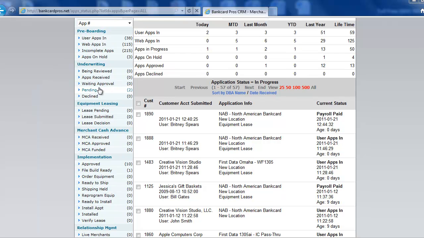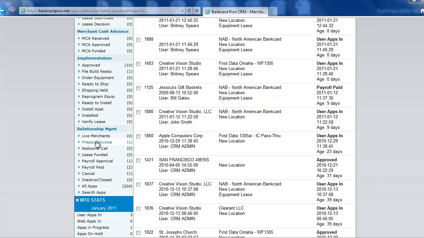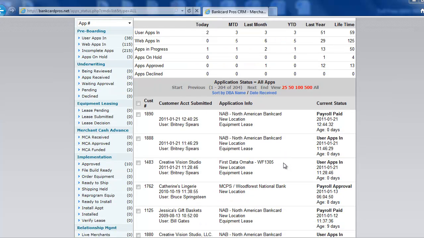Out of all the accounts that are boarded, you'll see that there's 2 accounts pending. You'll see that there's 10 accounts approved. File build ready, there's 1 account. And then you're going to see prepare invoice 1, payroll approved 1, payroll paid 2, canceled 1, and then all apps. So what we're going to do is click on all apps,